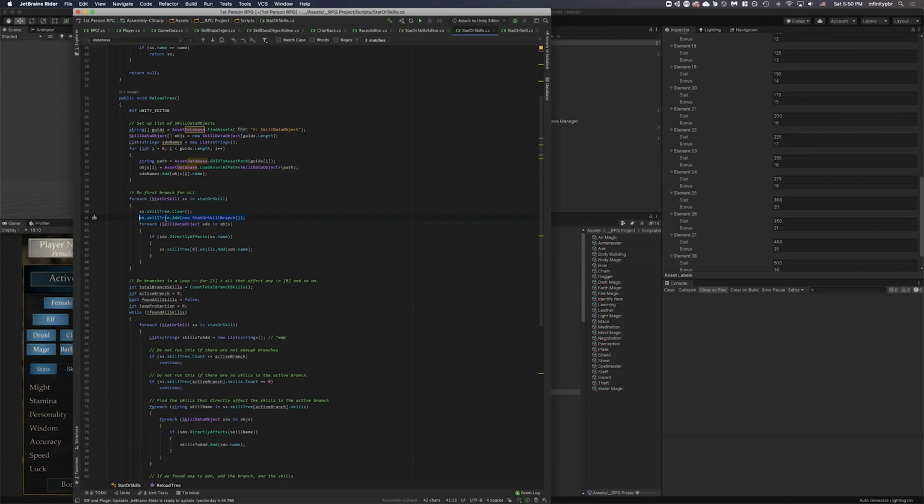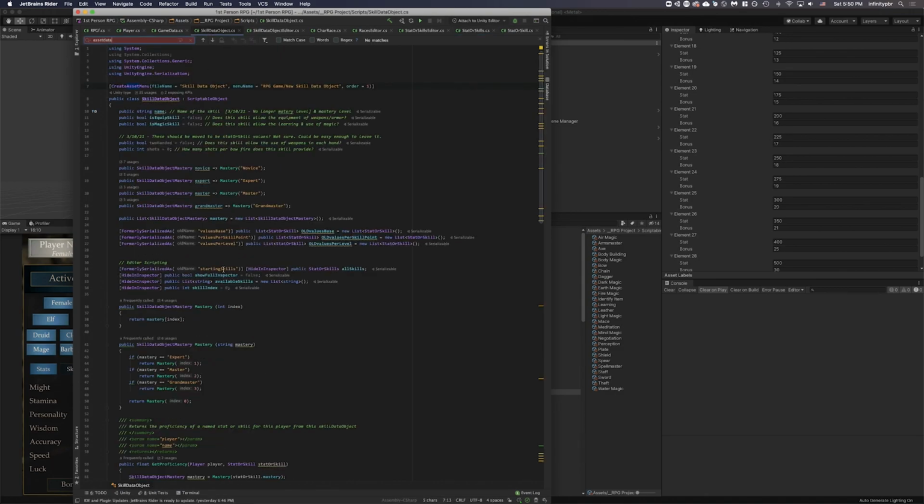Everything's going to have the first branch. It may be empty, but it's going to have a first branch. Then we're going to add the ones that are directly controlled by this. And I also added a new little helper method on the skill data object called directly effects. And